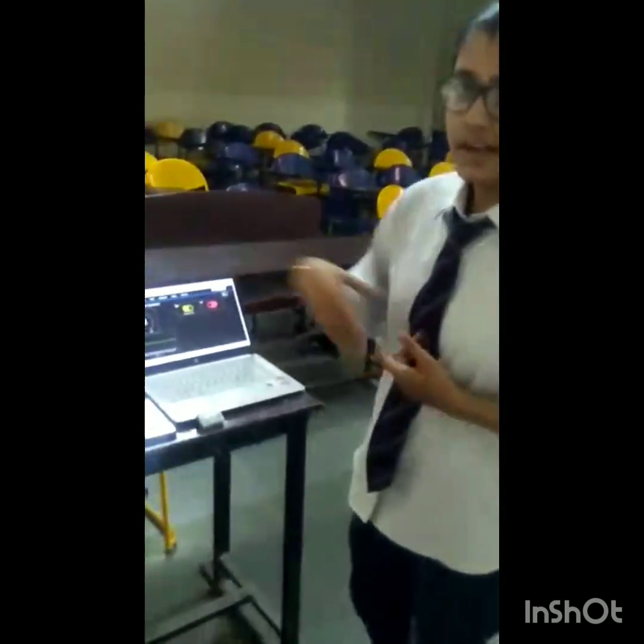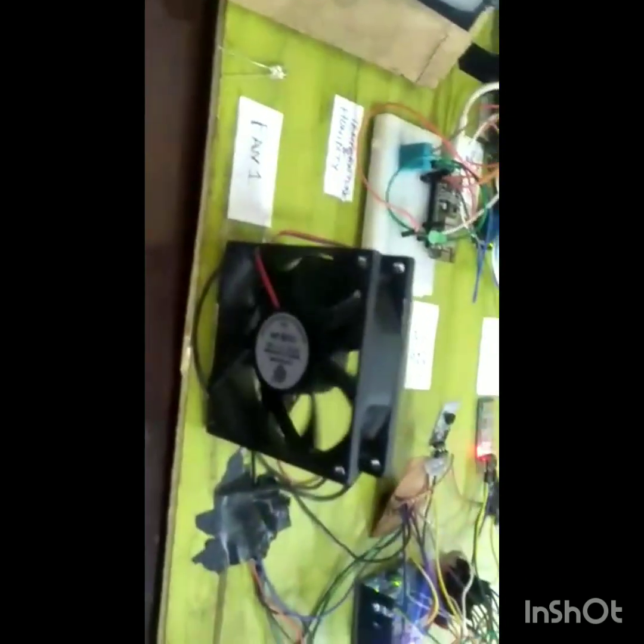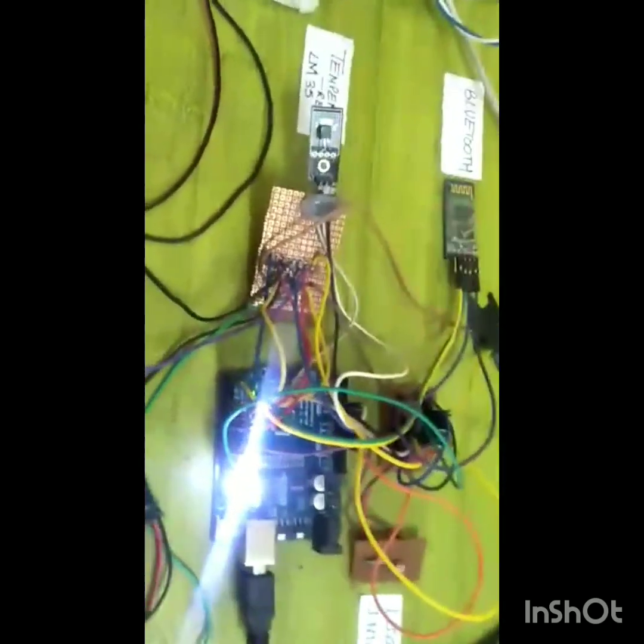So let's see our hardware. In our hardware I have taken two fans. One fan is there for the air conditioning system and the other fan is there for the room fan, and we have one Bluetooth module.